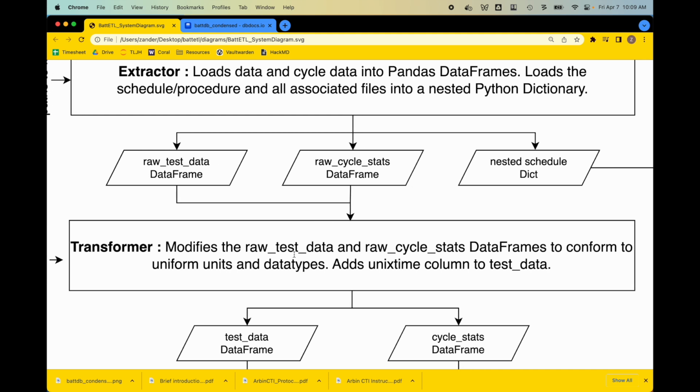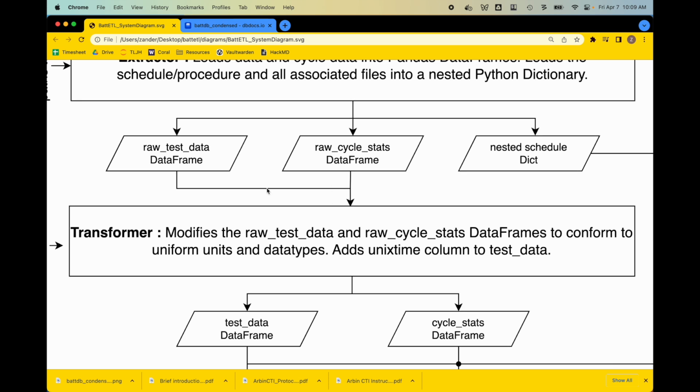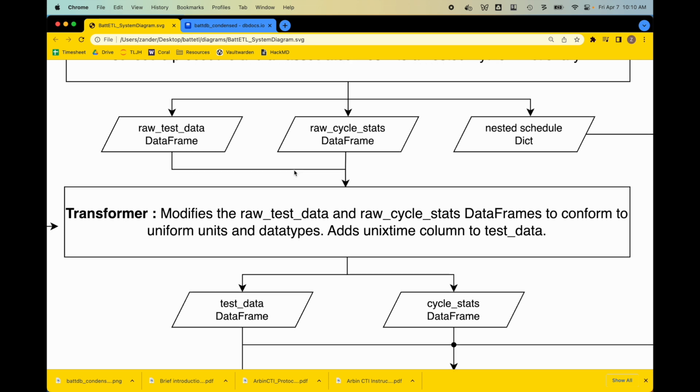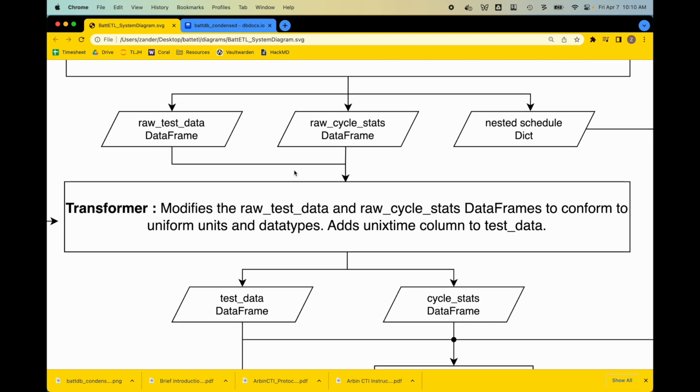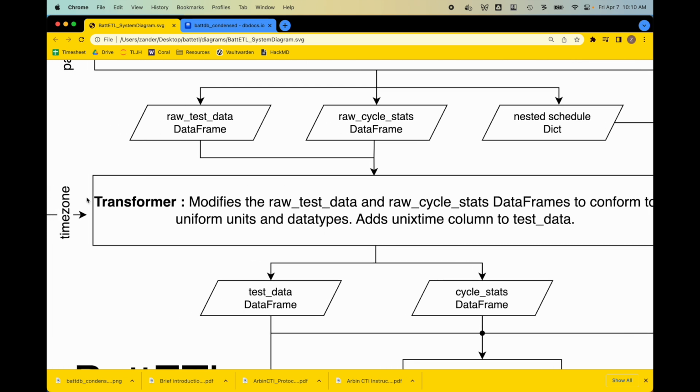What this does is normalize the format of our battery cycler data. We convert everything to voltage in millivolts, amps go to milliamps, and we normalize for cycle stats how the capacity is reported. We give two distinct columns for charge and discharge capacity, following the Arbin convention there. So we get all the units and data types consistent across all cyclers and in a consistent way to load to the database. What we take in from the BattETL config here is the time zone information,